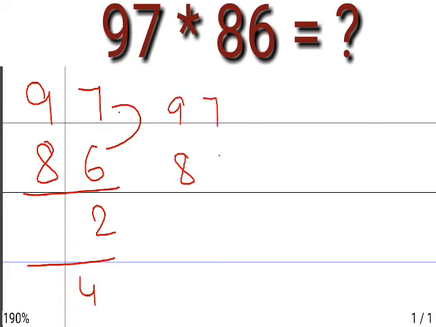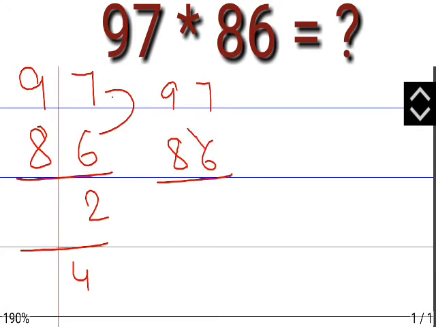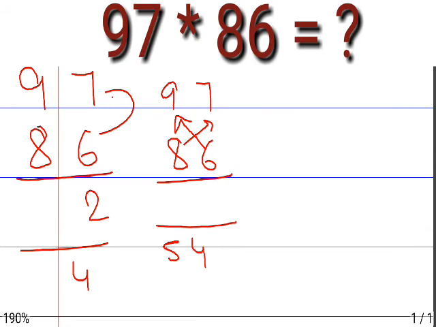97 and 86, now this is the most important step. We have to multiply this with this and this with this. So 9 sixes are 54, 54 will be written over here. 8 sevens are 56, 56 will be written over here. 54 and 56 will be added, and with the carried 4, that gives 114. 0 will be taken and 11 will be taken as the carry for the next step.